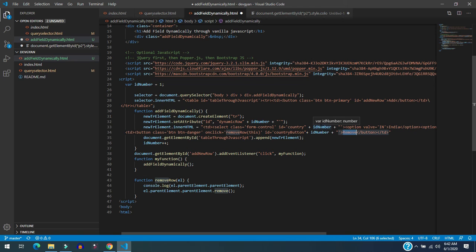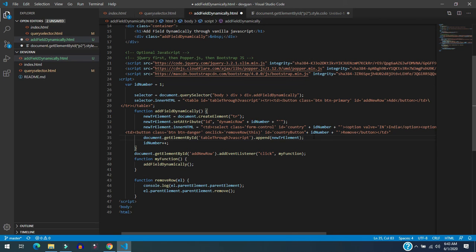That's why whenever a new row is generated, the id will be different, so that in the future we can select the right element whenever it's required. So in this way it is working. After getting all these things, we are appending this value to this table. As you can see, with document.getElementById, through this id we are appending the new element. Basically the new element is a new row, and in this way a new row is generated.